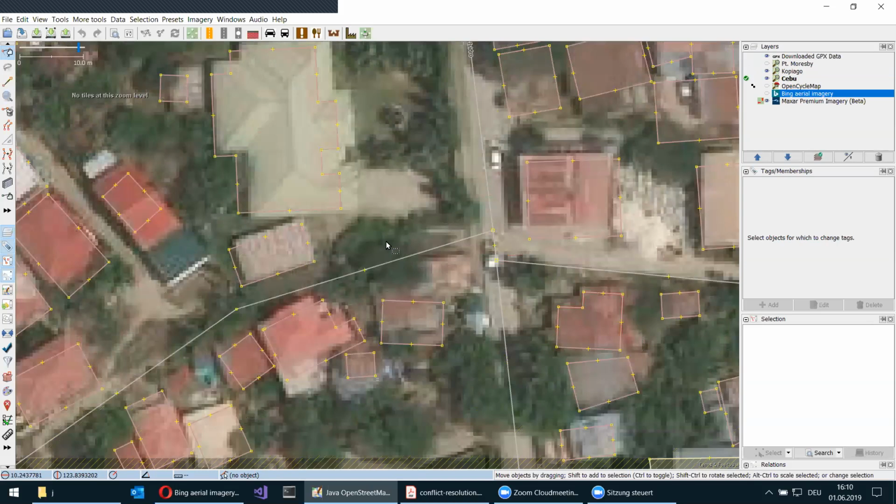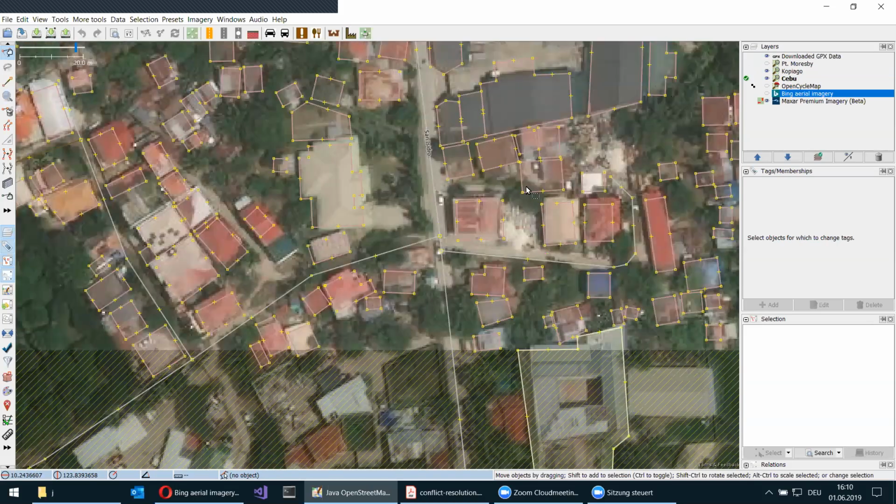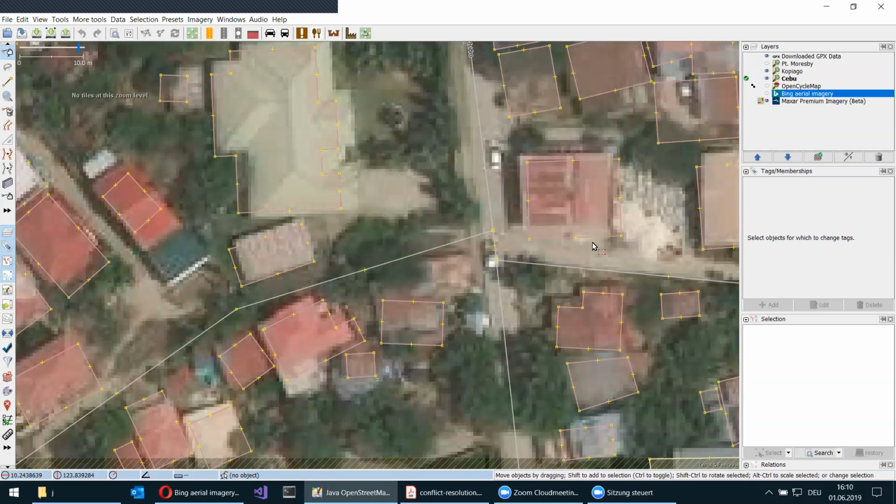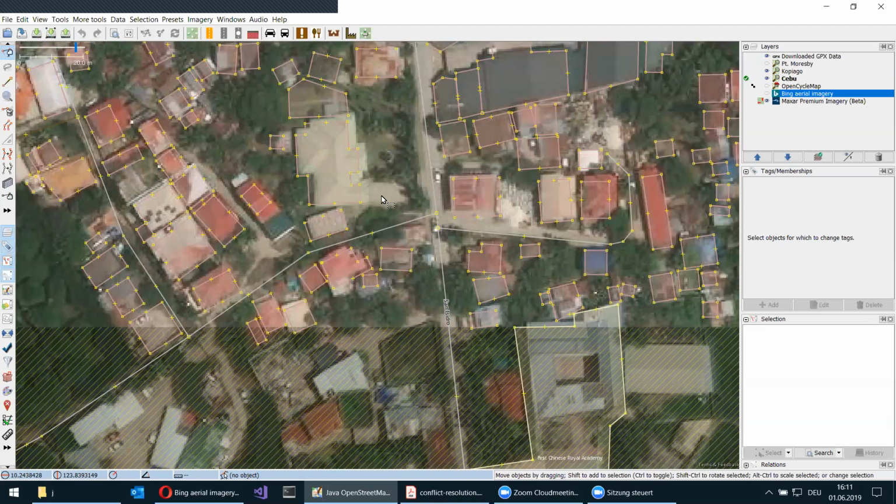There are basically a few things to keep in mind. First of all, have a look at the scale. Here, the imagery shift might be something like 2 meters, at most 3 meters. When the shift is, let's say, less than 10 meters, there is hardly any way to tell you which is the absolute truth, because even if we see GPS traces, GPS also has an accuracy of about a few meters under good visibility conditions. So anything below 10 meters, I would say go for the least resistance,